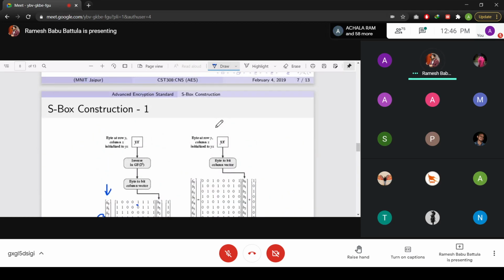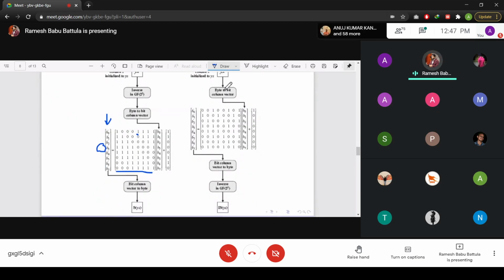And the same way, you have an inverse function also. We need to construct 2 S boxes. One is for encryption, the other one is for decryption. So that's why we call this the S box. And from the decryption point of view, we are supposed to use the inverse S box operation. The inverse S box operation uses a formula, and the constant bit value is also going to be changed.